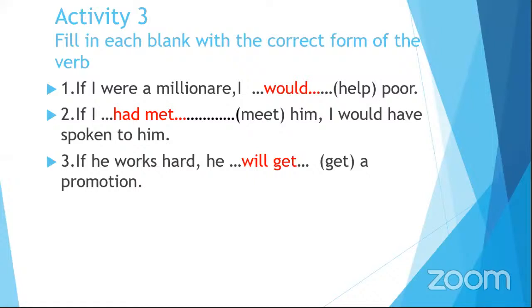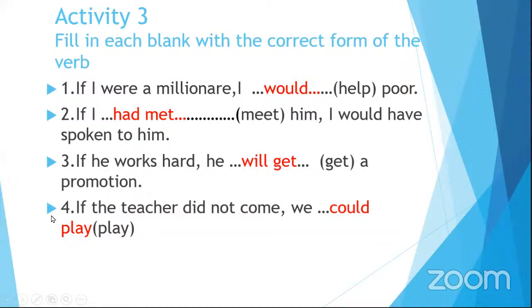So I believe now you have got almost all the answers correct. Since you are learning this step by step, like type 1, then we came to type 2, then we came to type 3. Yes, I believe your answers are correct. Most of them have just dropped me messages saying their answers are correct. Well done, students.